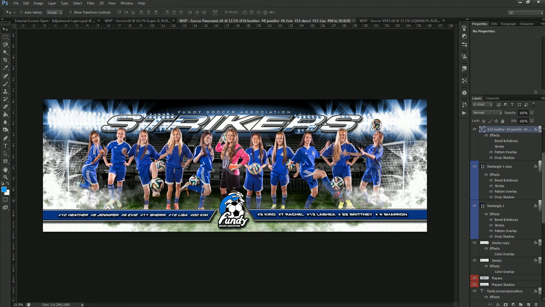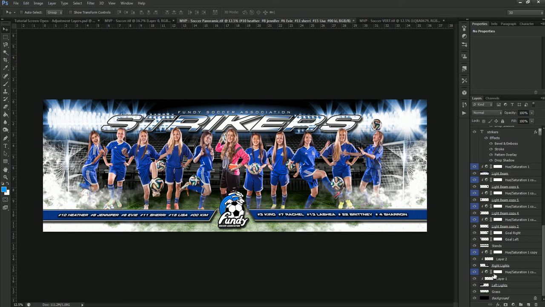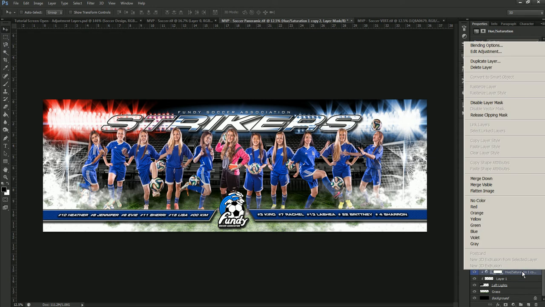And the same thing goes with the other parts of the template. To change the colors, we just start at the bottom again, find a hue and saturation layer for the left lights, change this over to red, give it some more saturation to deepen it. And if you want the exact same thing to happen on the other side, what we can do is right click on our hue and saturation layer,